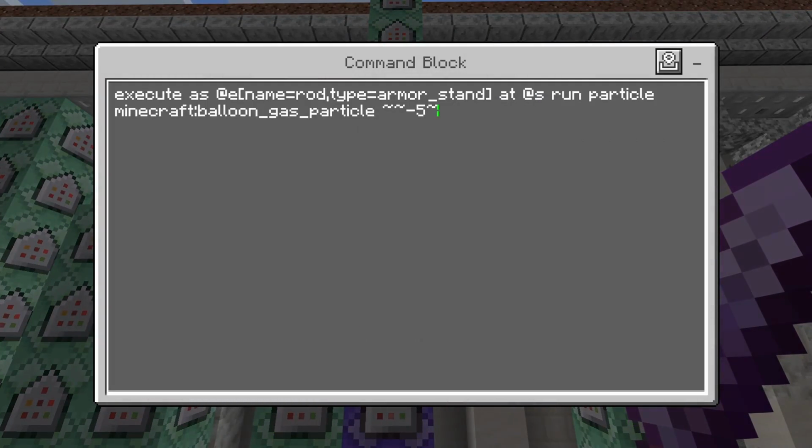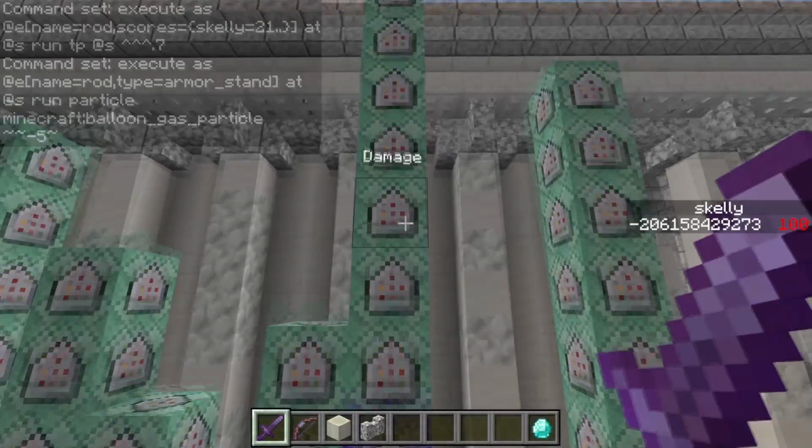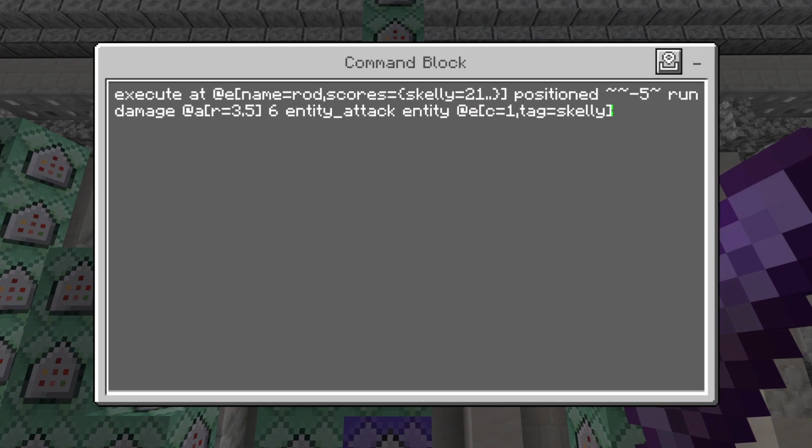Then it's just going to be doing the same particle command that we did before. Now the next command here is going to be the one that's actually going to give the damage. So what we're going to be doing here is basically anything that's named Rod has a Skelly score 21 or higher. It's going to be looking 5 blocks below itself. It's going to be looking to damage anybody within that range. It's going to do 6 entity attack damage, and the entity that's going to be dealing the damage is the